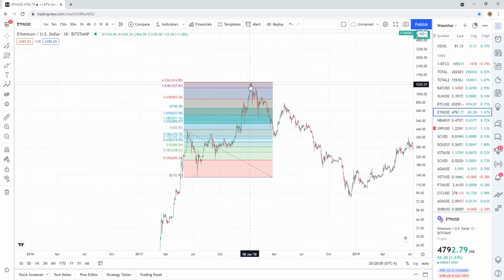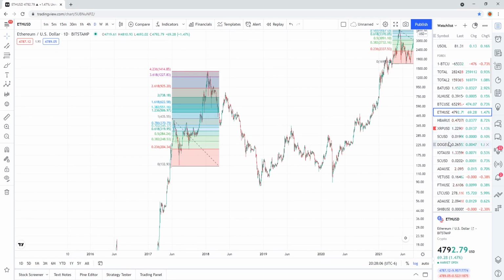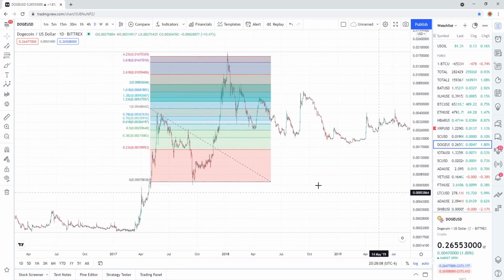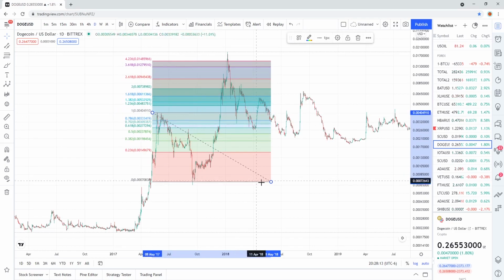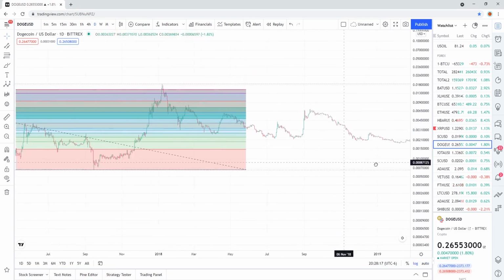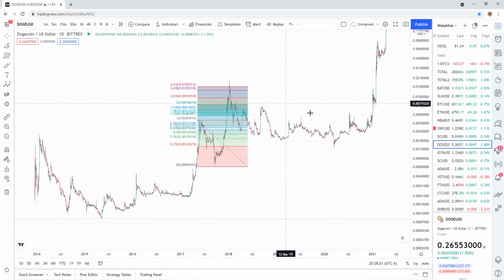This is Ethereum in the 2017 bull run. You can see that it was a pinpoint hit of that 4.236 before going into the bear market. If you also take a look at Dogecoin, and you measure out your fib from the top, this peak right here, to the bottom right there, you can see that it just about hit that. It may have gone a tiny bit over, but that was the general area that it topped at